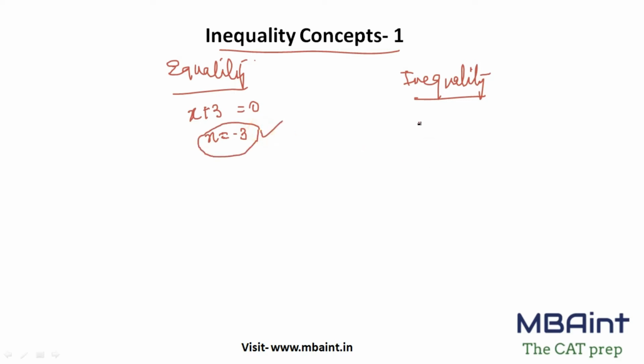When you check for the inequality, the same value, let's say x plus 3 मैंने greater than 0 कर दिया. इसका क्या मतलब है? X will have any value which is greater than minus 3. So ये क्या है? बढ़ता चला जाएगा. -2, -1 all will be the answers now. 0, 1 और ये positive infinite तक चला जाएगा. So here you have the range of answers.